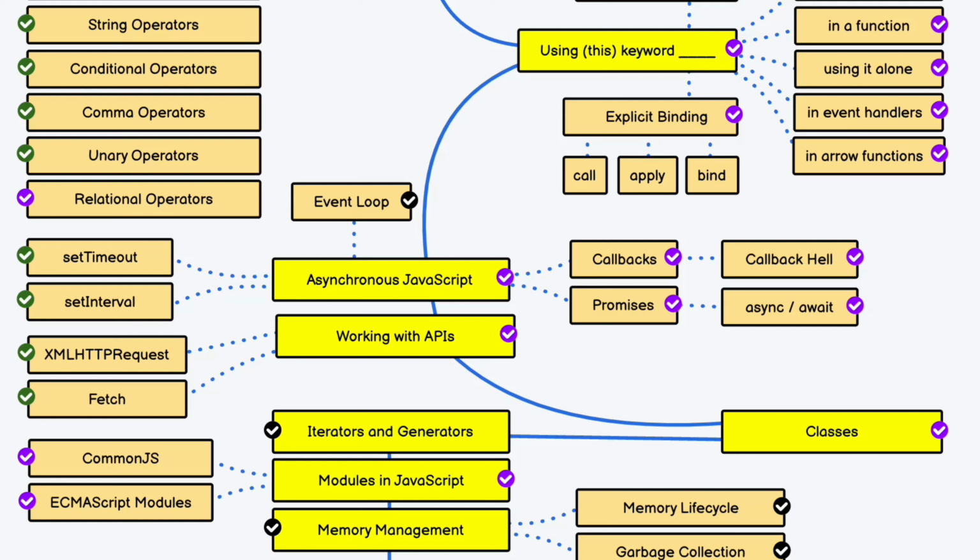So async JavaScript has subcategories. Under async JavaScript, you have to know a couple of things. You have to know what is event loop. You have to know what is setTimeout, what is setInterval. You have to know what is callback, promises. Under the callbacks, you will have callback hell. Under the promises, you will have async await. These are the entire things you have to know, and this is going to be your lifesaver when you work with an API. Okay, so these are the async topics you have to cover.